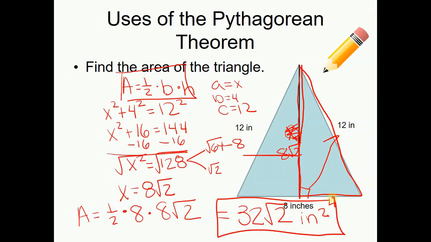Now you're going to find that Pythagorean theorem is used a lot in architecture and also just building and carpentry. It's a very common thing used in real life situations. And we'll look at some of the real life